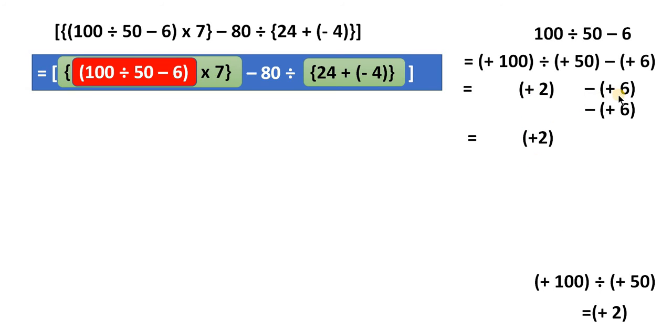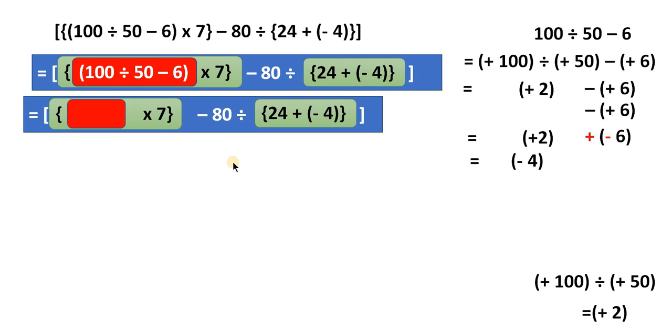So positive 2. In the next one, subtracting positive 6 means adding the opposite of positive 6. The opposite of positive 6 is negative 6, therefore adding negative 6. So positive 2 added with negative 6: 6 red balls, 2 blue balls, therefore 4 red balls will remain here. So this is minus 4. We have simplified this, and now we will carry it forward for this red one. We are carrying this one forward here. Okay, and now, if you see, this is one factor only.